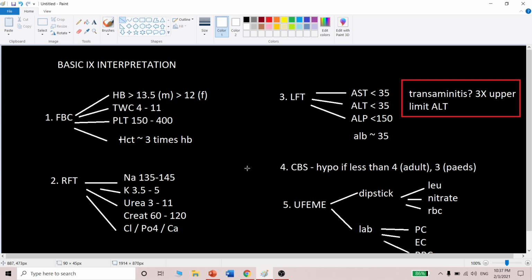So alright, perkara pertama yang saya nak korang faham tentang investigation di emergency adalah kita hanya buat investigation yang kita rasa akan going to change our management dan juga going to help us in the decision to diagnose ataupun to exclude any differential yang kita rasa lah. So akan ada investigation yang korang rasa macam it is indicated but it is not urgent yet.